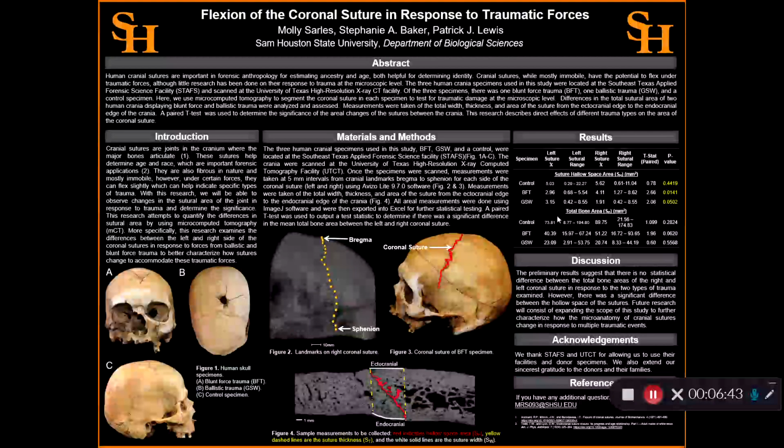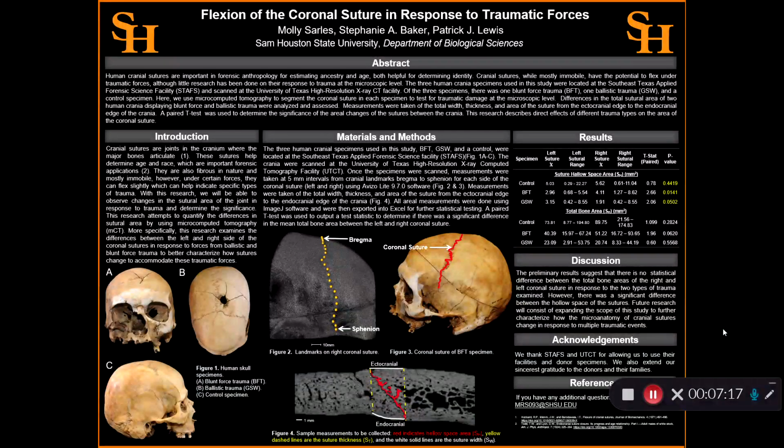So if you look up here, we have the control specimen, which has a p-value of 0.44, which is greater than the alpha level of significance we used, which was 0.05. So this indicates that between the controls and the trauma there was a statistical difference. And you guys can look at all of my data here that we've collected, and then from there determine